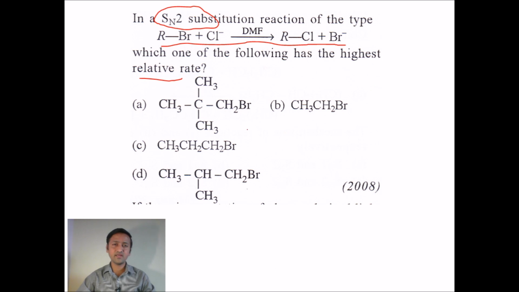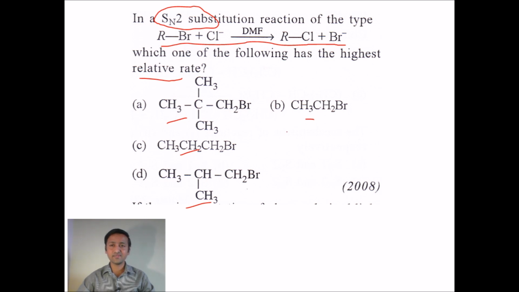And you can see here we can't just find it by taking primary more than secondary more than tertiary alkyl halide, the reactivity order, because all compounds given here are primary alkyl halides only. So we need to count the number of carbon atoms also. The alkyl halide having fewer carbon atoms should have less steric hindrance and should be more reactive, having the highest relative rate.